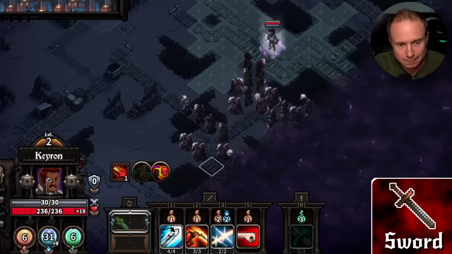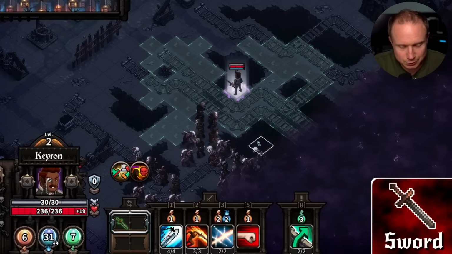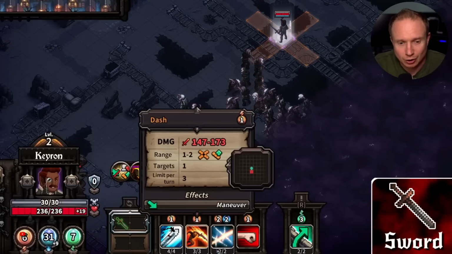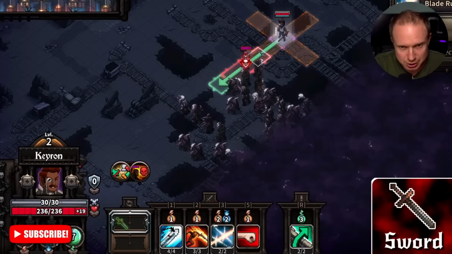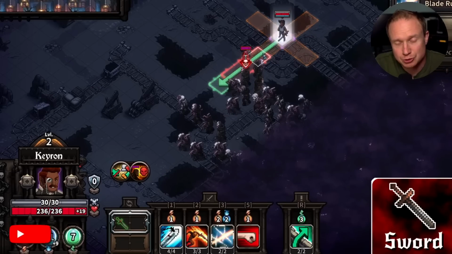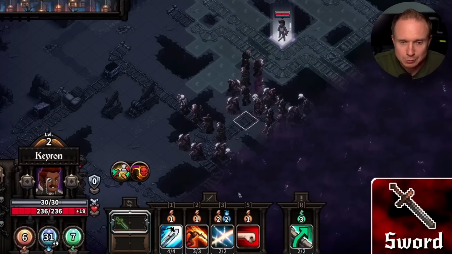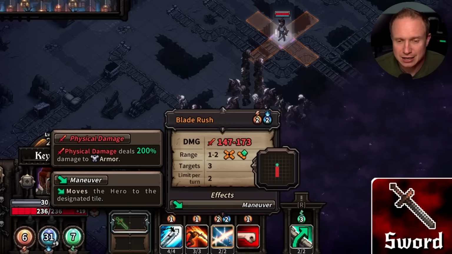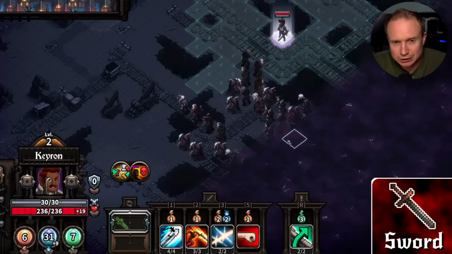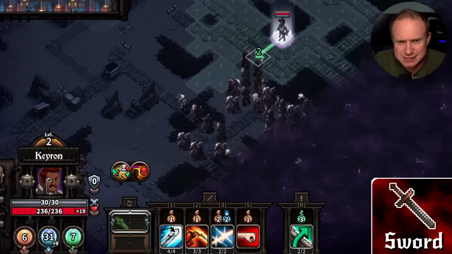The last, but certainly not least, ability on the sword is Blade Rush, and Blade Rush is essentially dash on steroids. It hits 3 enemies rather than 1, but comes at a mana cost and does significantly more damage. So that's the movesets, and what I'd like to do now is just give you a sample turn of